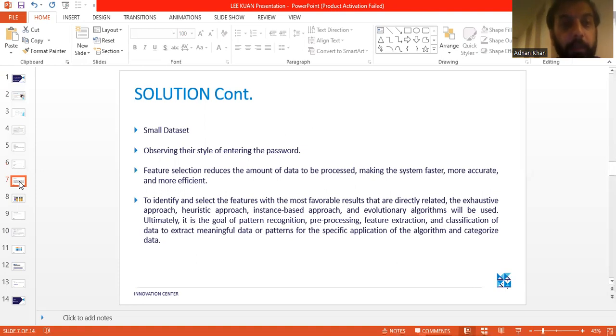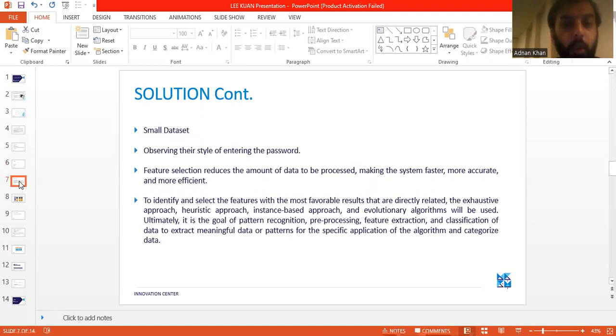Then we select some features from that stored data and process it, making it faster, more accurate, and more efficient. To identify and select the features with the most favorable results, we will use the exhaustive approach, heuristic approach, incident-based approach, and many evolutionary algorithms.